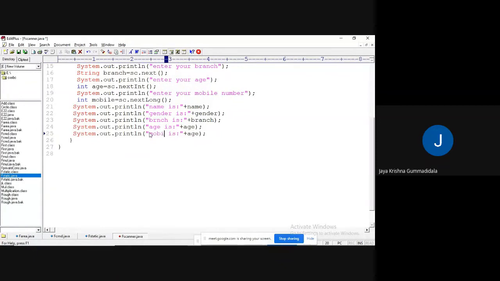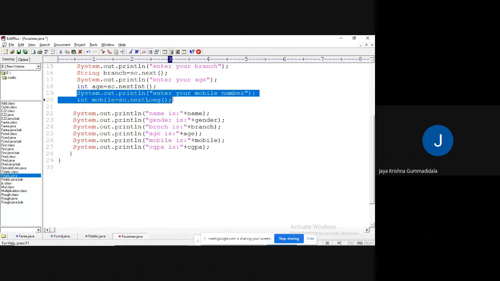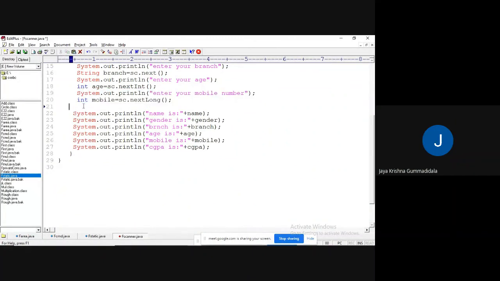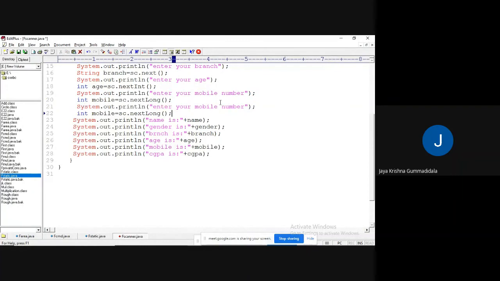Mobile number is plus mobile. CGPA is plus CGPA. Enter your CGPA. It should be, let us assume, double.